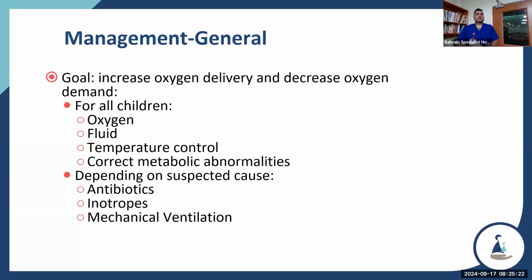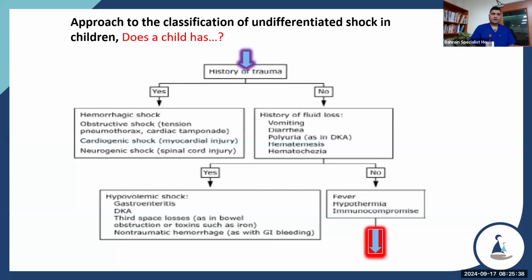The goal is to increase oxygen delivery and decrease oxygen demand. For all children, we have to start oxygen, fluids, temperature control, and correct metabolic abnormalities. Depending on the suspected cause, you can start antibiotics, inotropes, or mechanical ventilation. This is just a brief classification of how to approach a child with